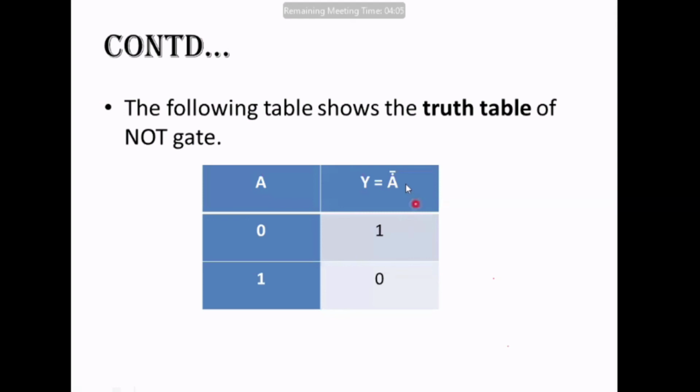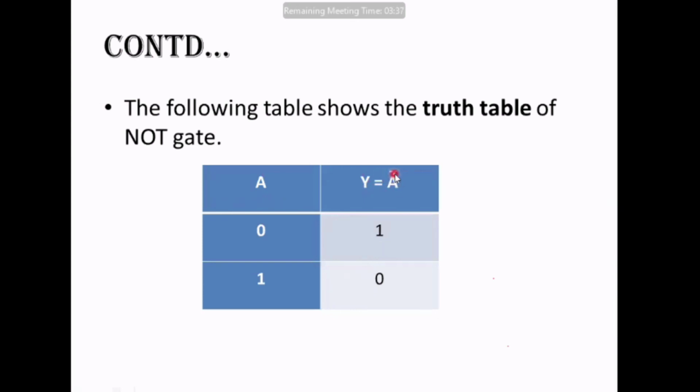Now regarding the symbol of the logic, the Boolean equation of the logic NOT gate is given as y is equal to a bar, right? Now this dash over here represents the bar, right? It is known as bar. आप लोग मैथ्स में तो शायद सीखे ही होंगे बार, right? So y is equal to a bar. Understood? There is no dot over here. This dot is a mistake, right? It is just y is equal to a bar.